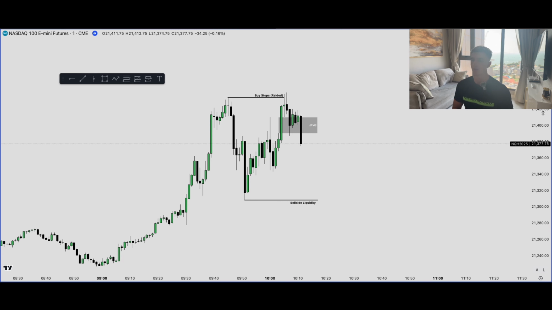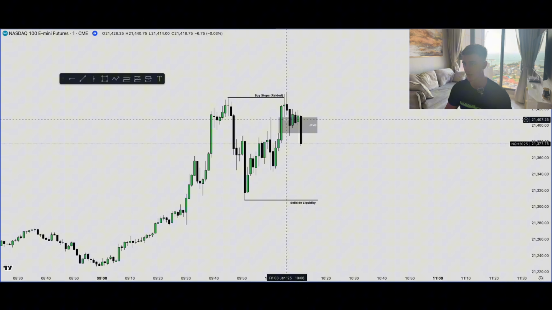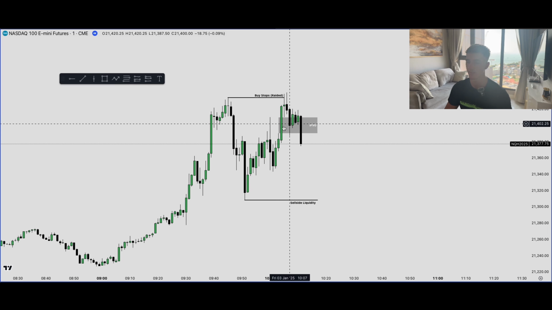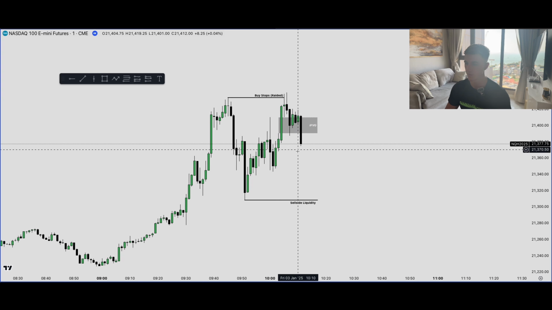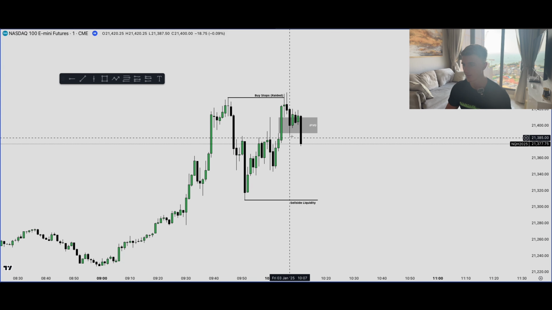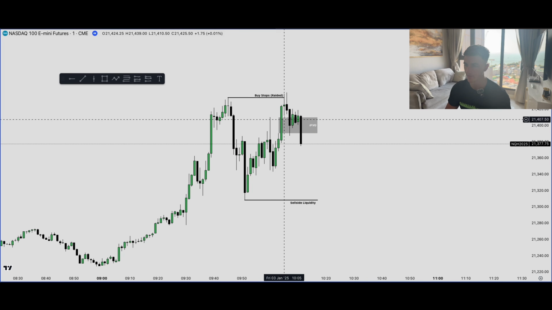All right, so let's start off with the inverse fair value gap. This setup actually happened a few days ago, last Friday. We weren't trading this week, but we are going to be starting trading from Monday, so literally tomorrow. But anyways, as you can see here, we raided buy side liquidity, took out all the buy stops. We had this bullish fair value gap here, which price was respecting and supporting at the time, to push price even higher. We got this short-term low here, and what ended up happening is price literally just displaced through this short-term low,